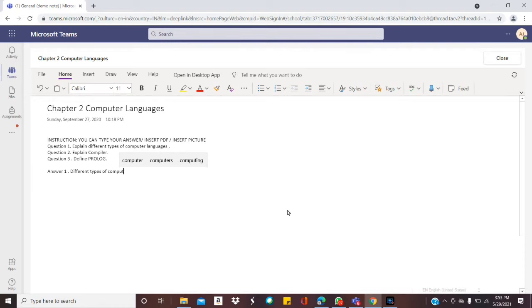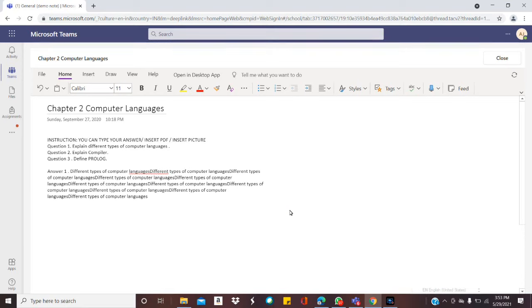So for example, I'm just copying the text. You can see here a lot of text. You can type any amount of text there, there's no limitation for that, and as you type it will get submitted there. Now Answer number 2, suppose for Answer number 2 we are attaching a file